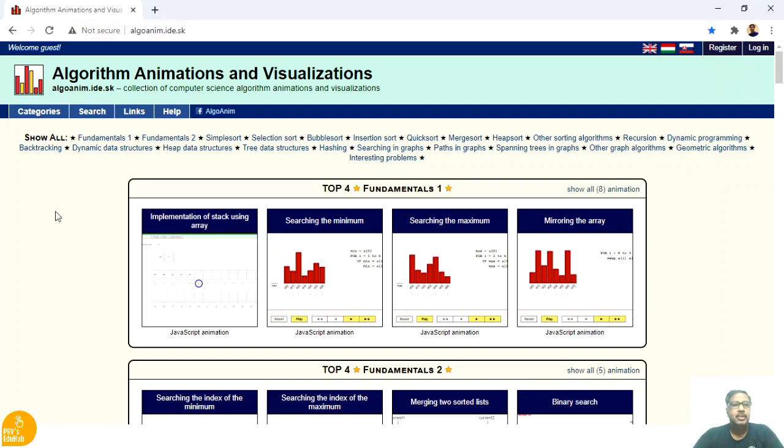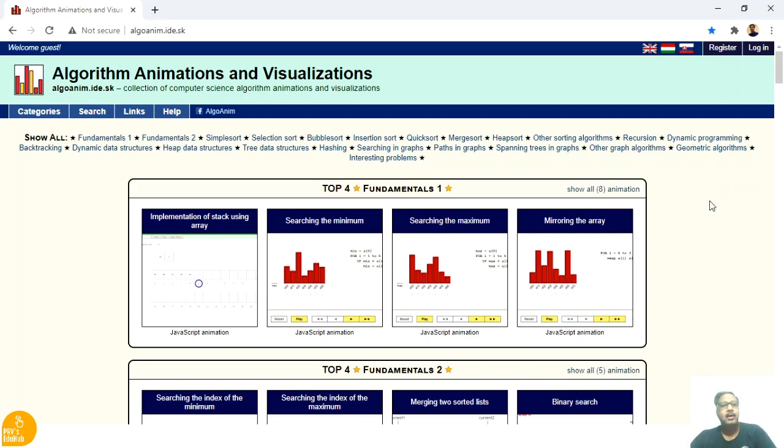This particular website gives you the animations for basic fundamentals, simple sorting, selection sort, bubble sort, insertion sort, quick sort, merge sort, heap sort, and various algorithm design techniques such as dynamic programming, backtracking, dynamic data structures, heap data structures, tree data structures, hashing, and many other things like spanning trees, graph algorithms, etc.